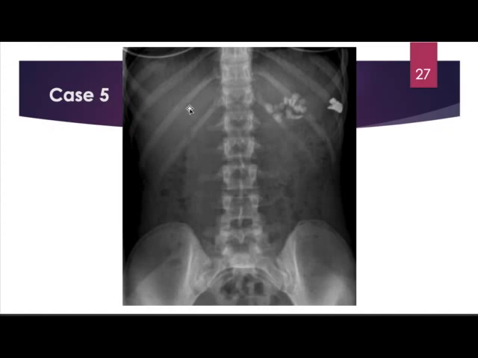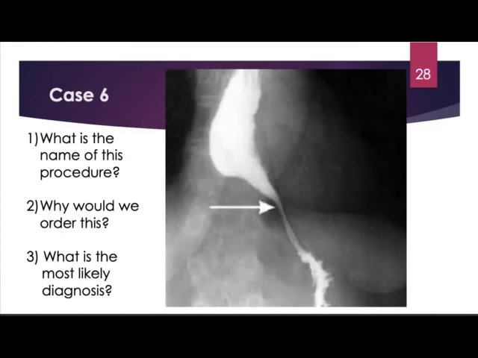We talked about stones a lot, so it's clear, right? But if we go through the whole thing: the air, no free air under the diaphragms. We see some air in the bowel, but no obstruction. Calcifications, nothing here, nothing here. We have a little here, nothing down here or here. So we have left kidney stones again. So, okay,